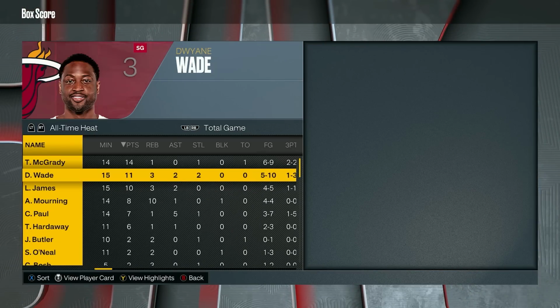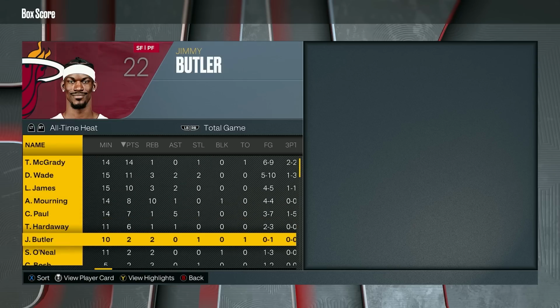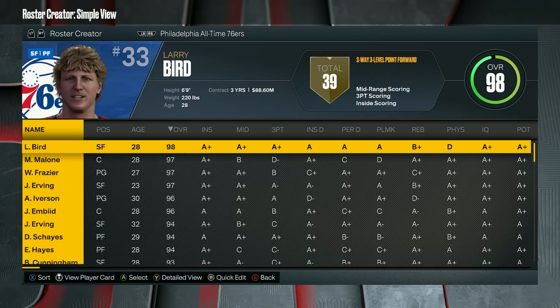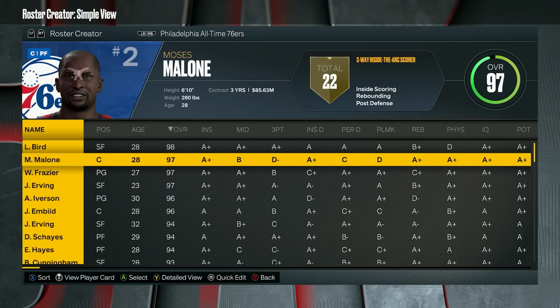For the Heat, McGrady, Wade, and LeBron had 10 or more, and Alonzo continued to hold down things in the paint for them with a near double-double. The Heat aren't going to catch a break in the paint in the future, so I could have taken 97 Moses or taken the future MVP Joel Embiid, who doesn't mess with their system much, but I'd rather have me